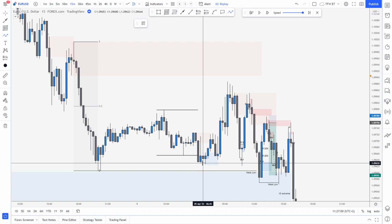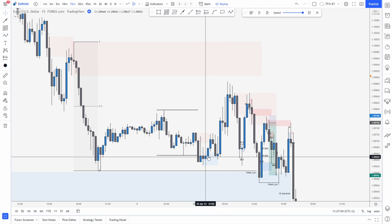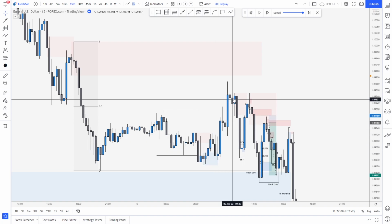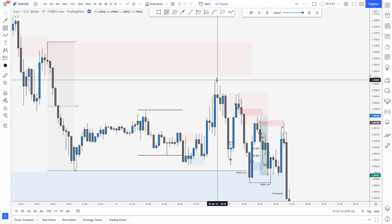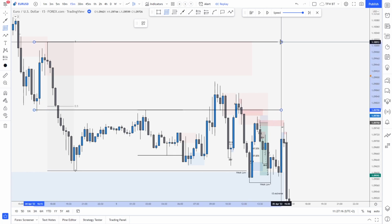If this push right there had actually caused the break of that structure, I would have taken a long, but I didn't, because for me supply was too in control. But then demand took over, started pushing the price higher, so I did not spot any longs. And then the market stopped right there in the middle, probably just retesting this whole range on the left,